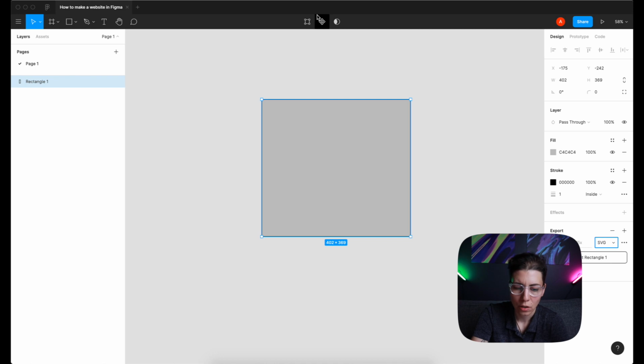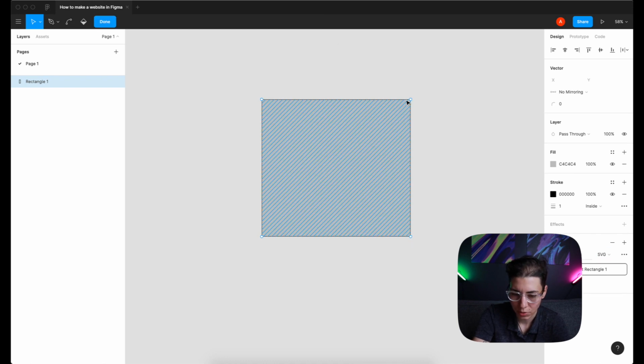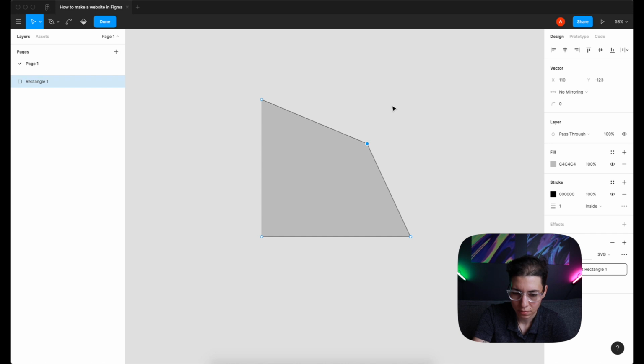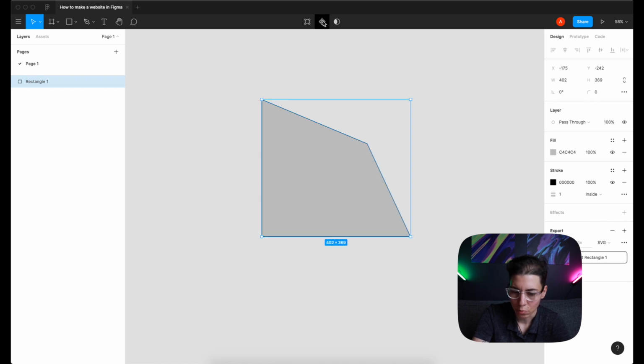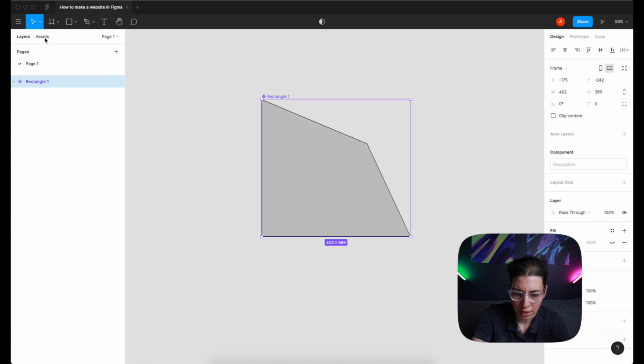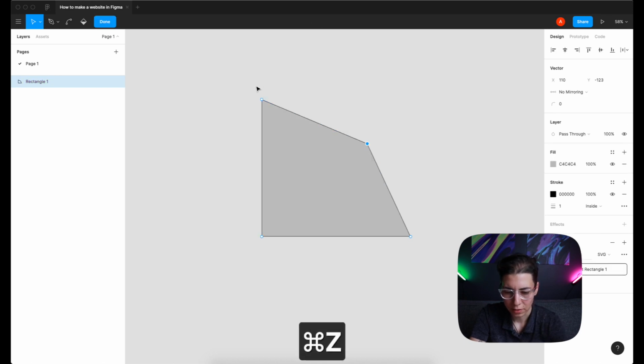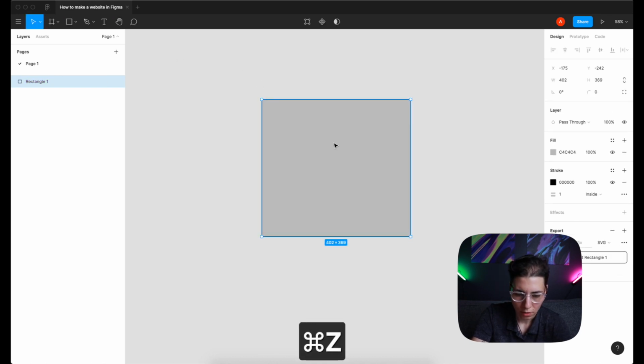Up here, once you have your elements inside the canvas, you can do something with them. For example, you can edit the object like this. You can create a component, and then in assets it's gonna be over here. So you see how everything is connected. And then I will just go back a little bit. We have still a rectangle, and then this one is actually a mask.